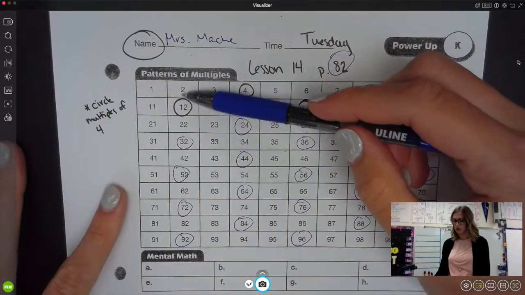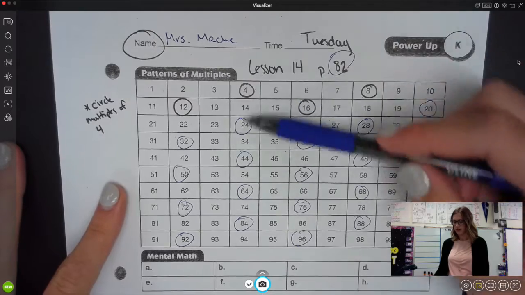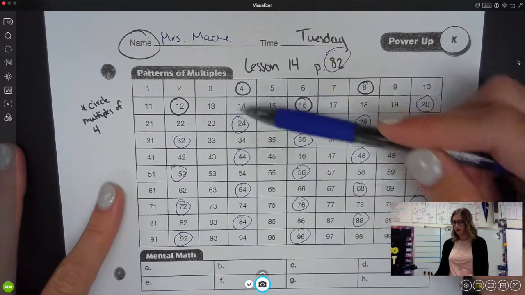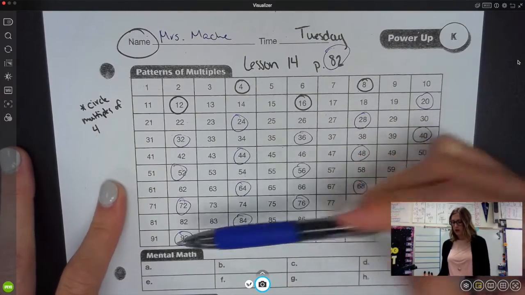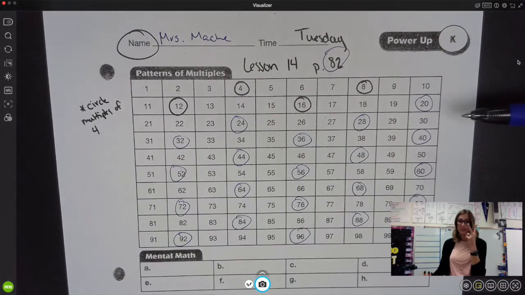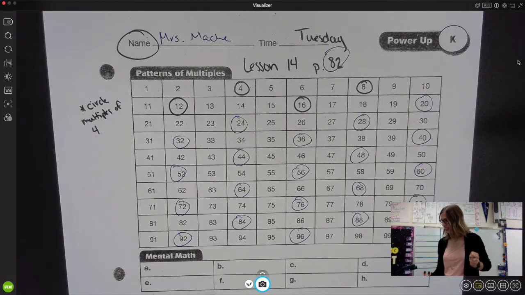When we did the multiples of 2, this entire column was filled, this one was filled, this one was filled, this one was filled. Now, every other one in those columns is filled because we're counting by 4s, not 2s. Excellent. Let's look at our